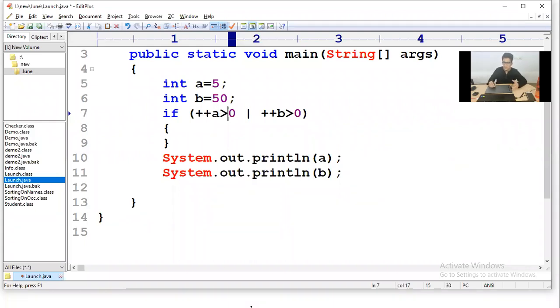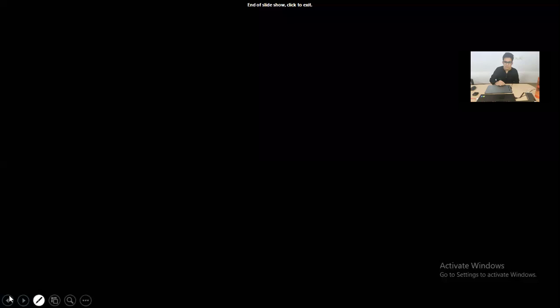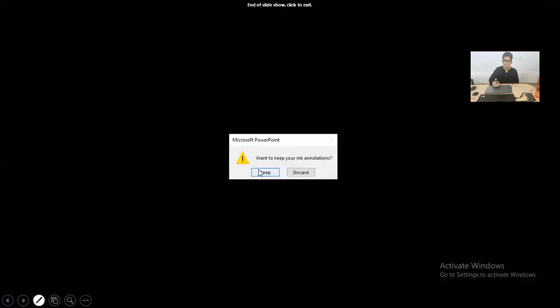See, before talking about the ternary operator, one important message I wanted to give you is it is not 6 and 50. Okay, it is not 6 and 50, Srishendu. It is 6 and 51 because it is not a logical OR, it will not skip anything. Completely it will evaluate. Okay. So watch here. Just a minute here, I'll be clearing this.